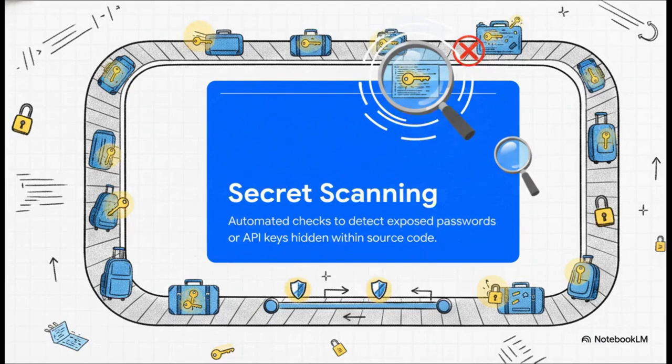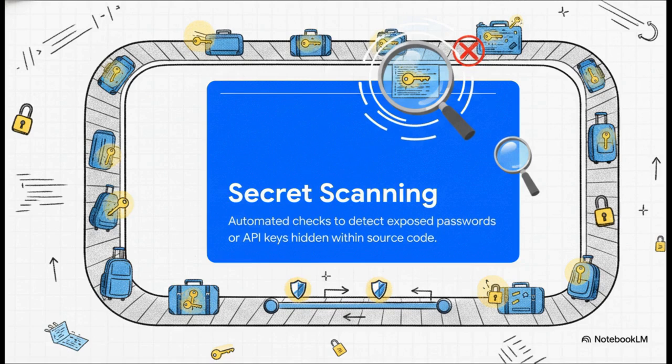Finally, we have secret scanning. Now, this is a very specific but absolutely crucial automated check. Secret scanning detects exposed passwords, authentication tokens, or API keys that have been accidentally hard-coded or hidden right there in the source code. Going back to our airport analogy for a second, secret scanning ensures you haven't accidentally left your